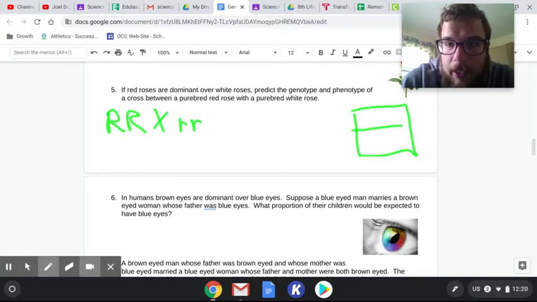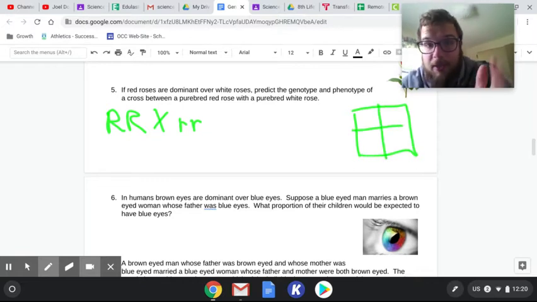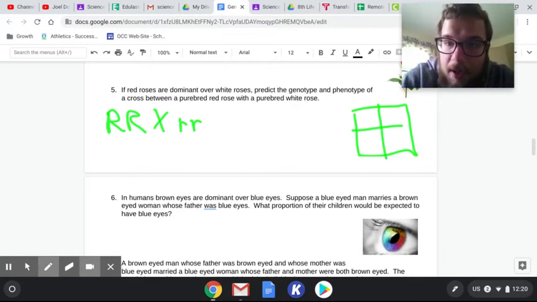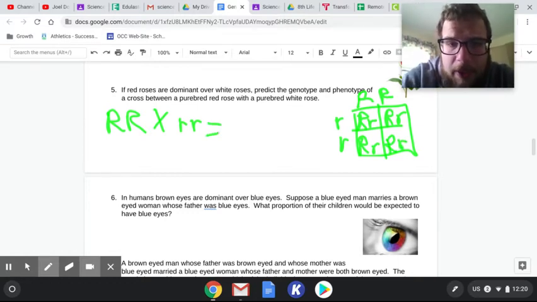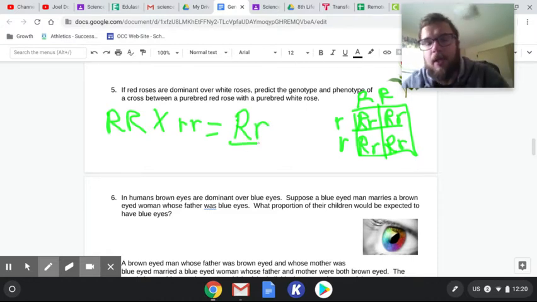Do my square over here. Again, if I were you, I wouldn't do this. I'd go right up to the mouse one and I'd copy whatever I got there, but make it R's instead. A lot of these questions are just kind of repeats if you pay attention to them. So you could get big R, little r, big R, little r. You could get big R, little r, or you could get big R, little r. So these parents, their only offspring outcome is right there, big R, little r, which means that all the roses